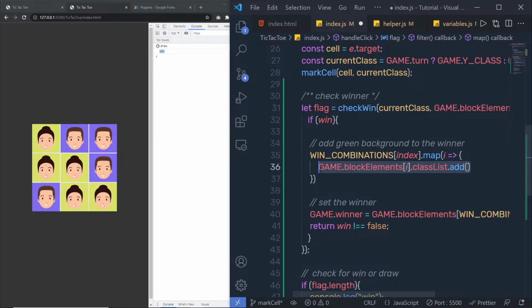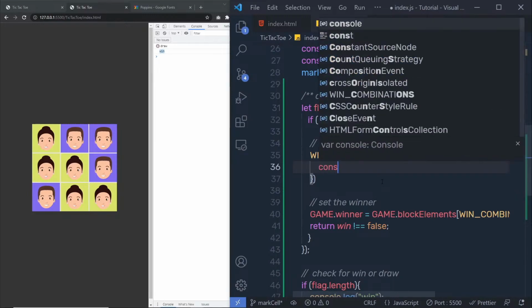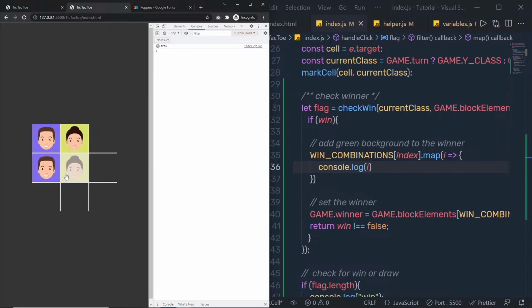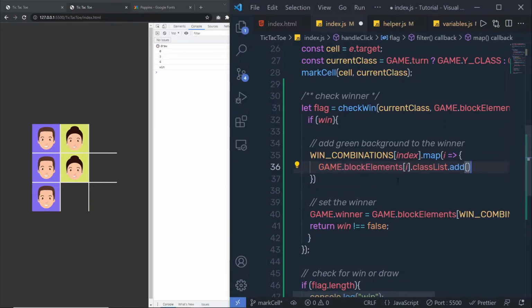Let me show you. If I say here console.log, save the changes, you can see I'm going to have 0, 3 and 6. These are the index of this grid. So I'm going to get this value inside this I, and I'm going to pass that to the block element. So using this block element, we're going to get the current div of the I index, and then I'm going to add here a class called win. I'm going to add a class to the div which is win,